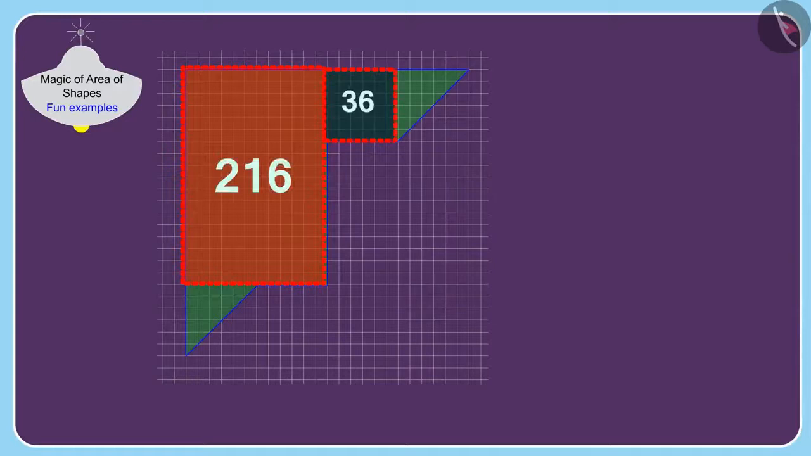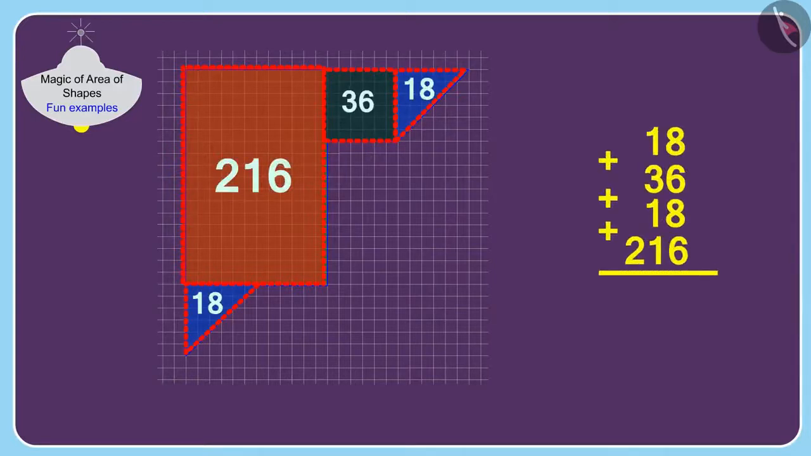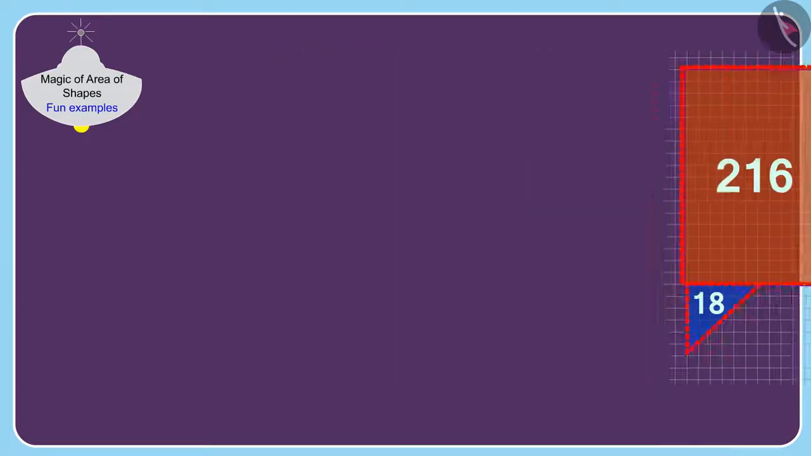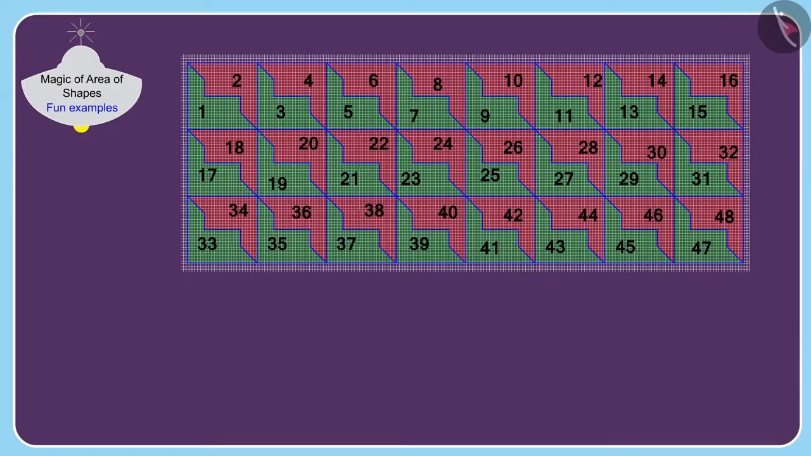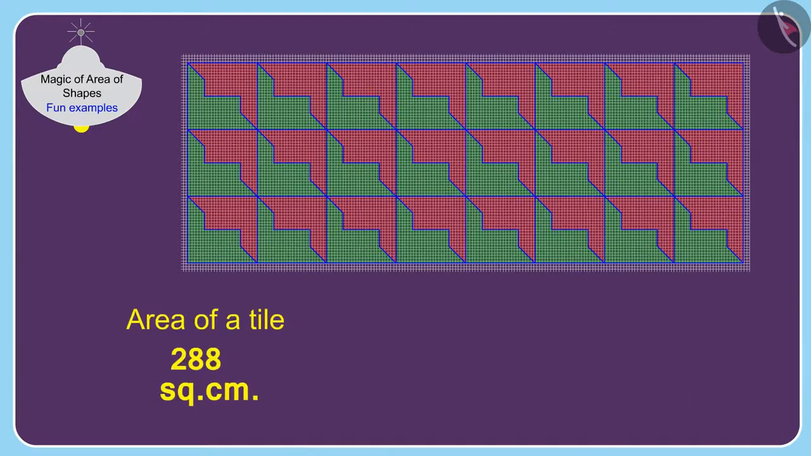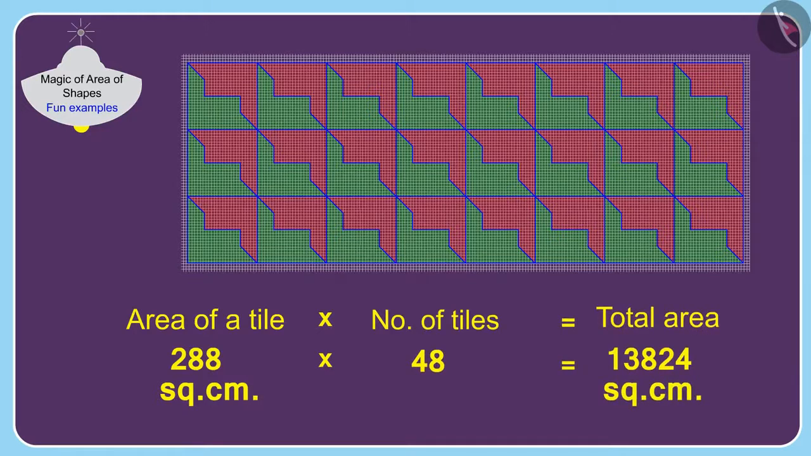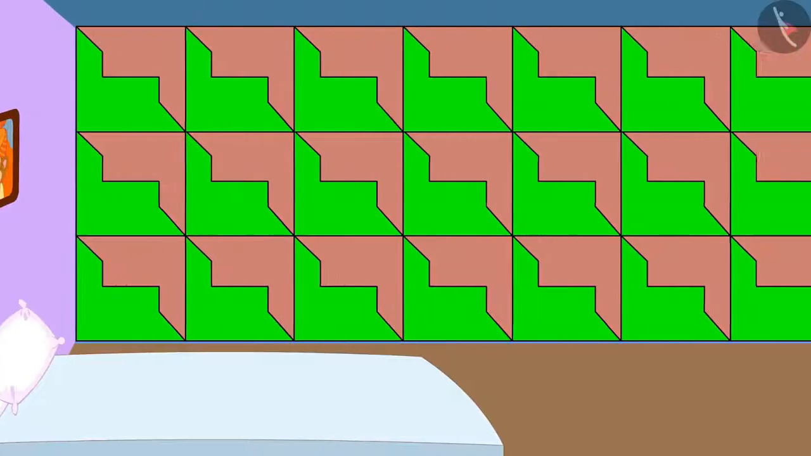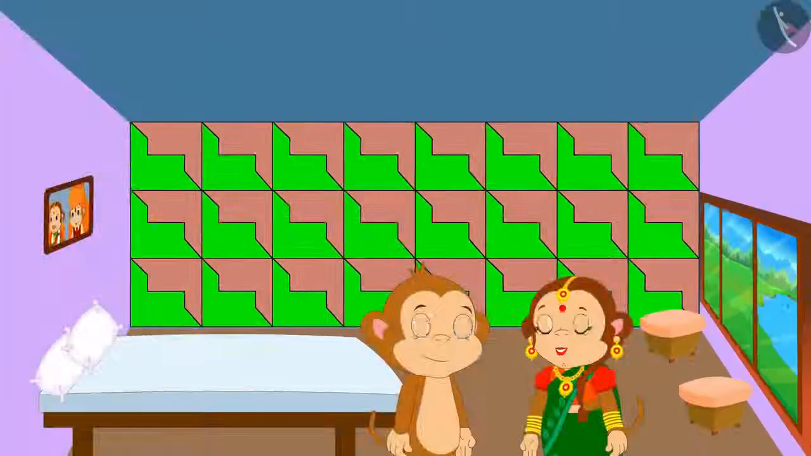First, we will find the area of a tile in this way. The area of a tile is 288 square centimeters. Banno has used a total of 48 such tiles to decorate the wall. Therefore, the area of the wall will be 288 multiplied by 48, which is 13,824 square centimeters. When Babban saw the wall decorated by Banno, he was very happy and thanked Banno for decorating